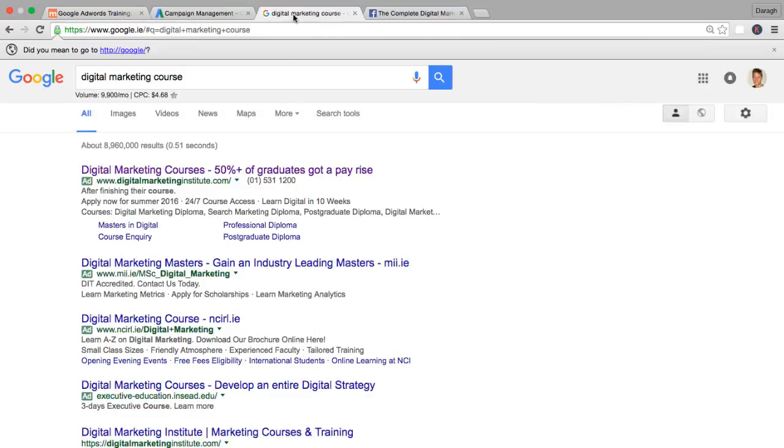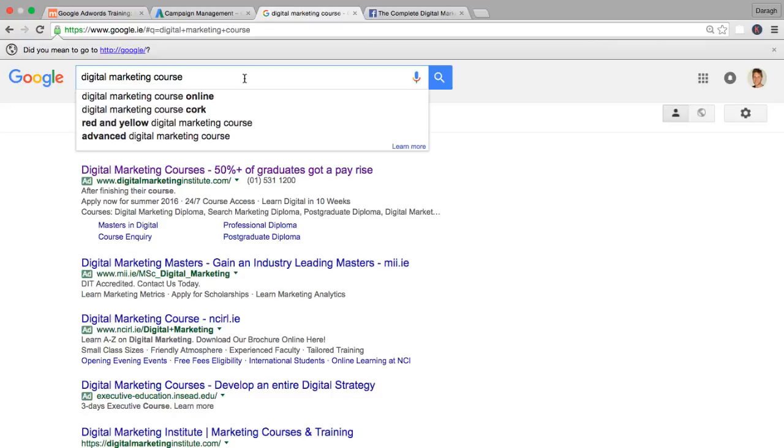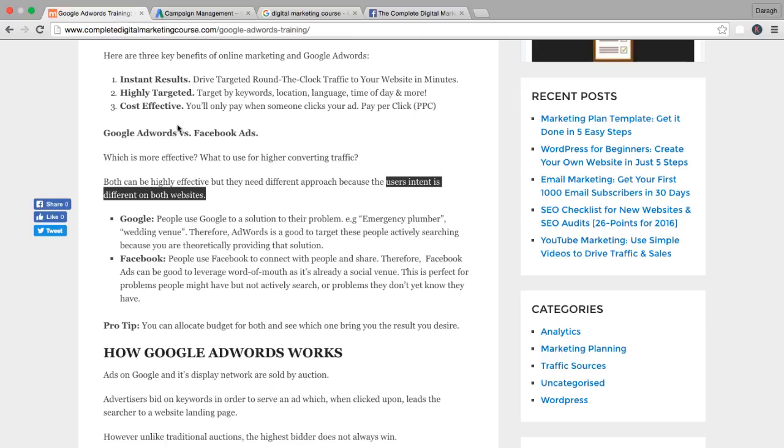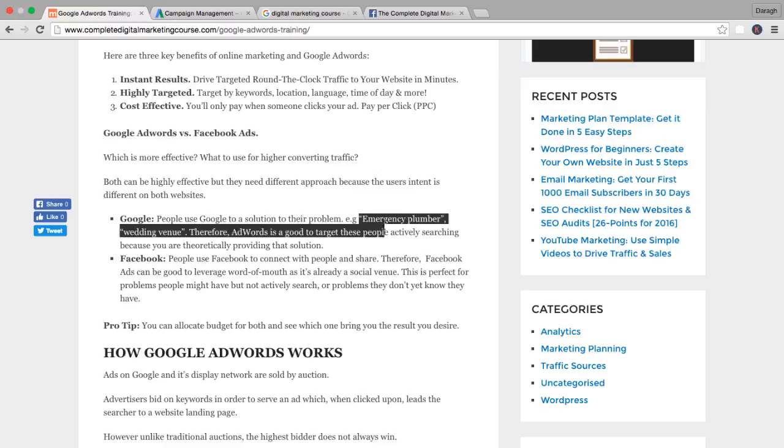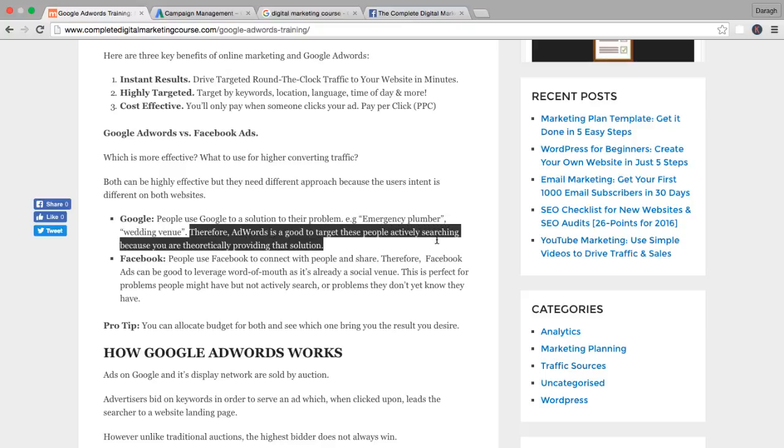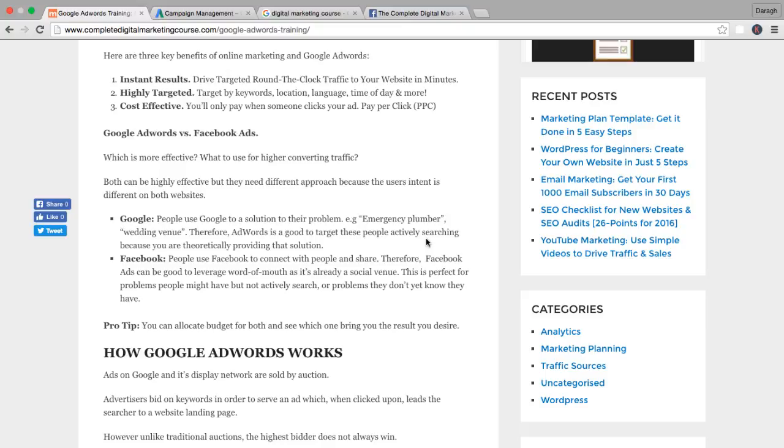So when I come into Google, I am really here for a specific reason, and that reason is generally to find a solution to a problem that I have. For example, I'm typing in emergency plumber, wedding venue, etc. Therefore, AdWords is good to target people who are actively searching for a solution to their problem because you are